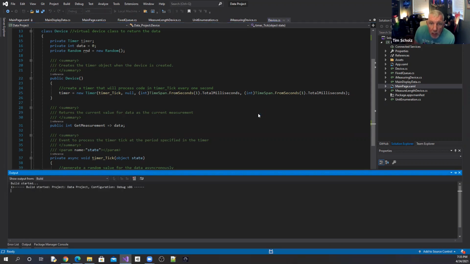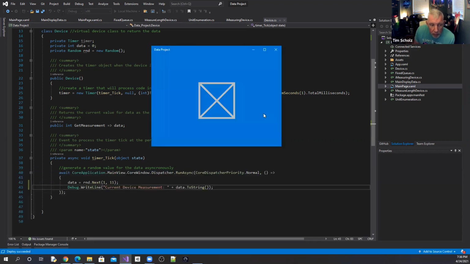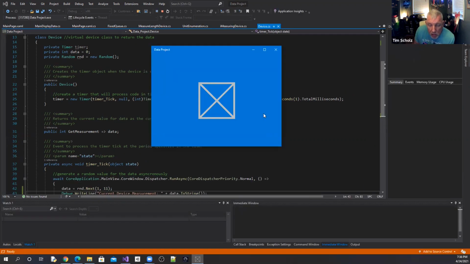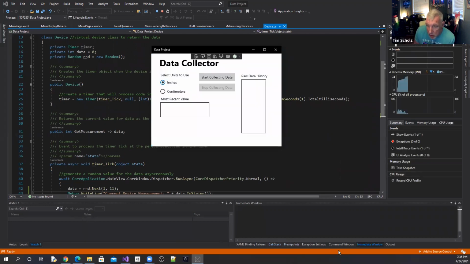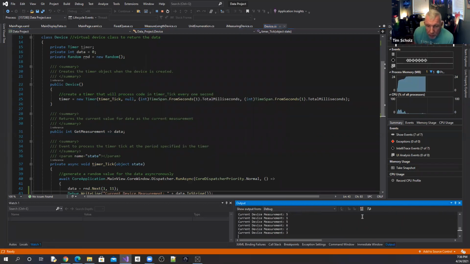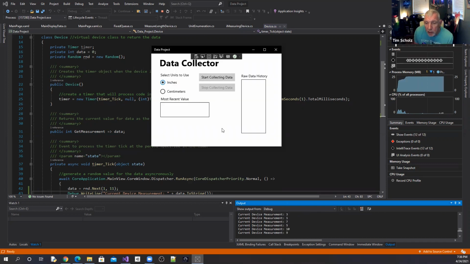I want to point something out as the program is going through and starting. Notice in my output window, in my program, I have not started collecting. However, when my program starts up, my virtual device starts generating measurements every second. So as you see, it's showing the current device measurement. So when I click on start collecting, you're now seeing the 9,